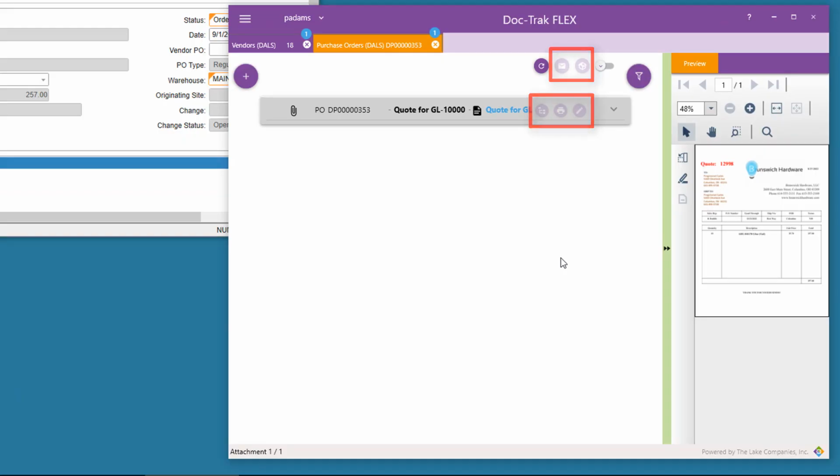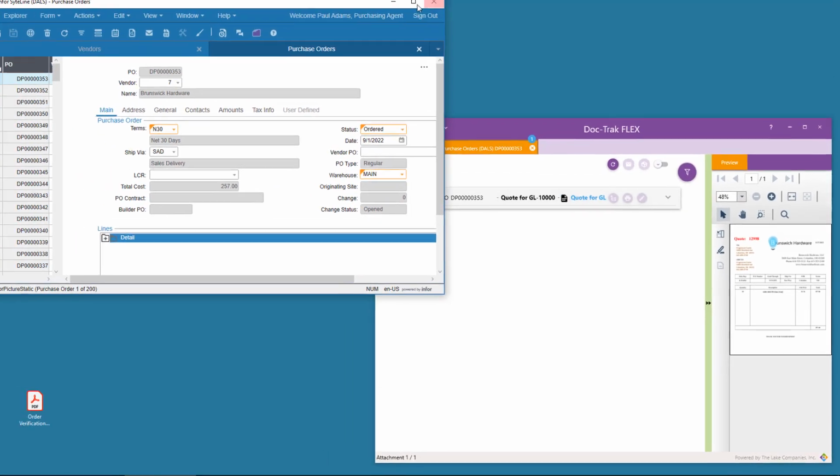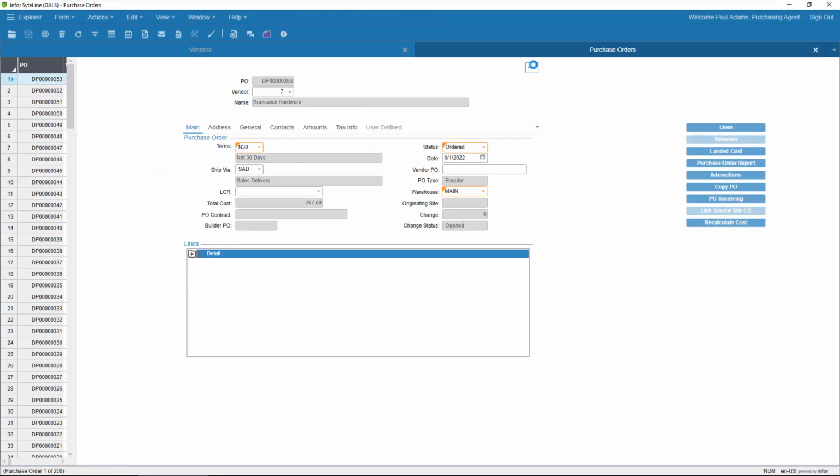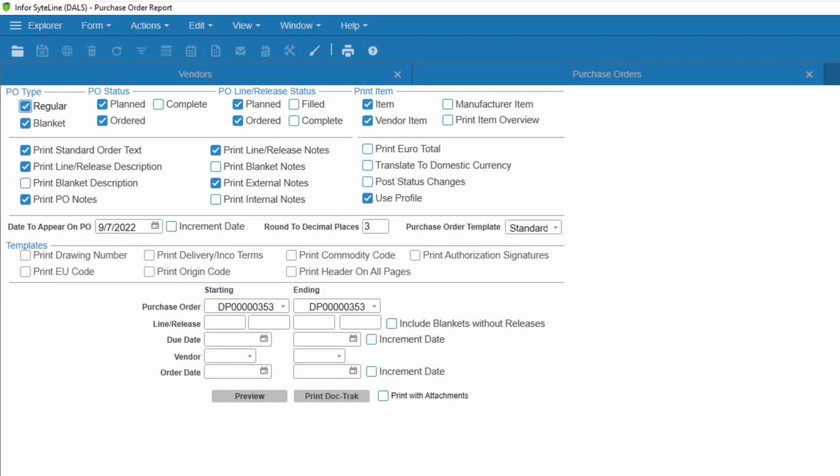But that doesn't mean that Paul can't make attachments here. For example, because we set up a DocTrack form output profile for purchase orders, those will be attached to the PO when he creates one. In fact, let's do that now.